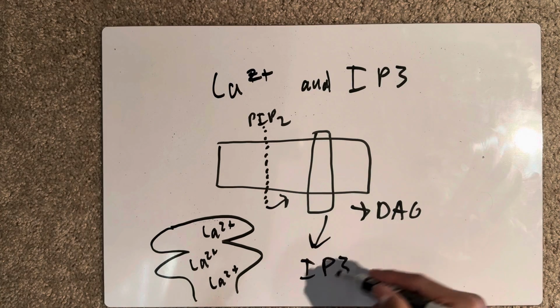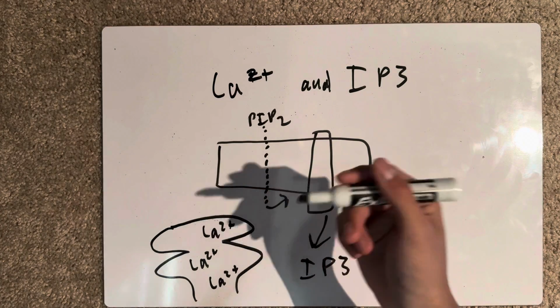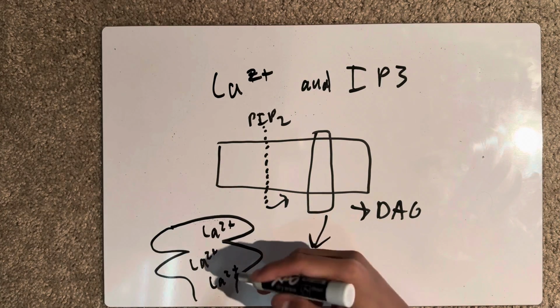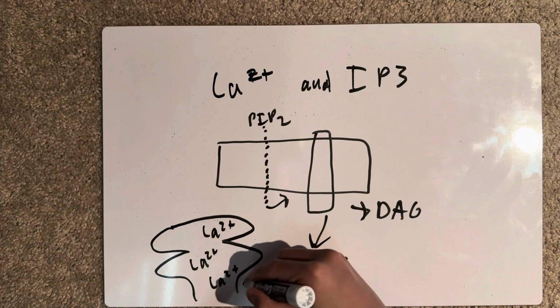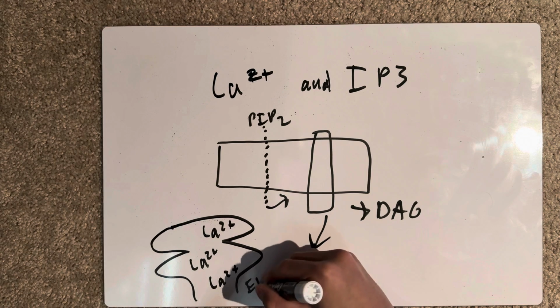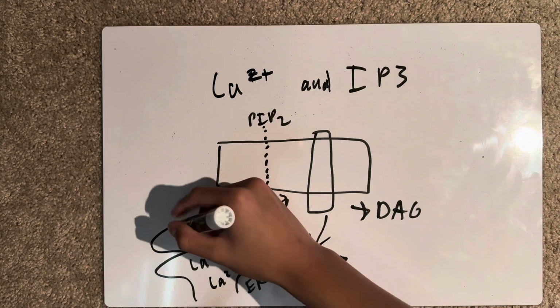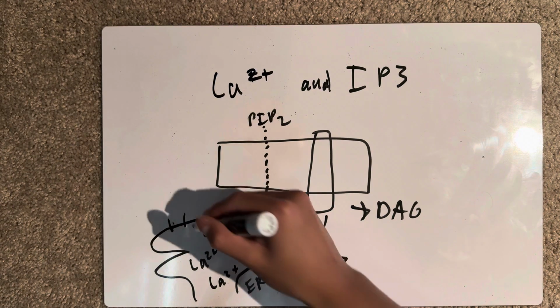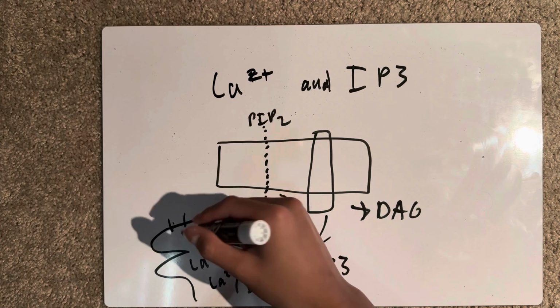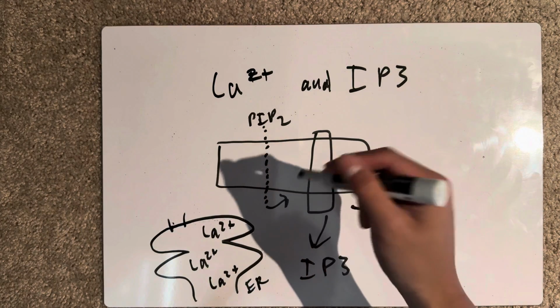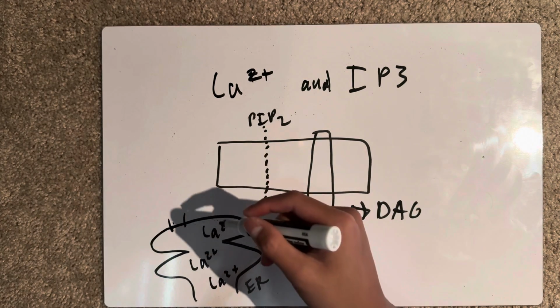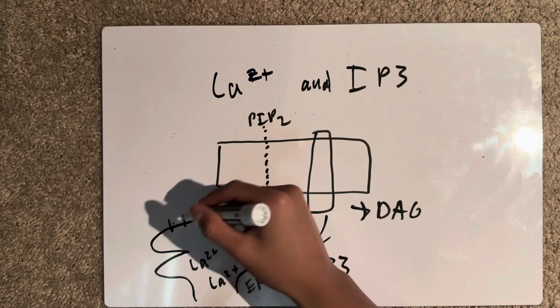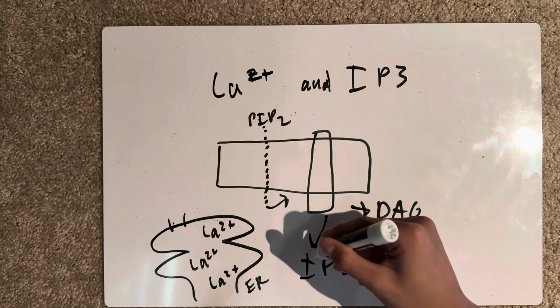So now we have the IP3, and we'll say this is the ER, the endoplasmic reticulum. And on the ER, there is a receptor which is called the IP3 or Ca2+ channel. And basically, this IP3